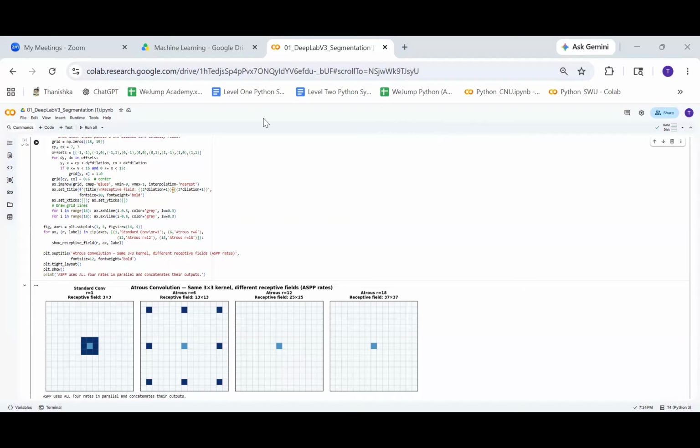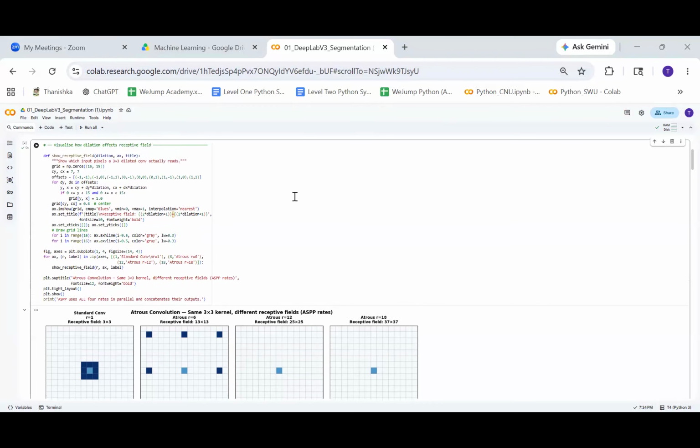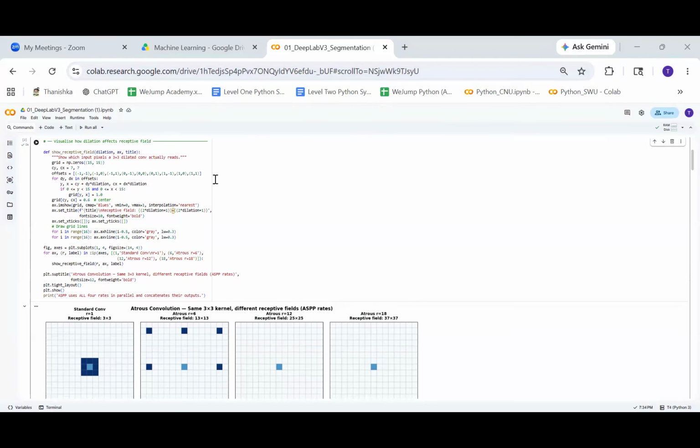Okay, I'll try to explain what is happening. The core idea of this atrous convolution in DeepLab is how we take the convolution and how we give the receptive field. I explained that we are trying to use 5 layers, right? In that, first we do 3 cross 3 convolution, then 13 cross 13 convolution, then 25 cross 25, and 37 cross 37.